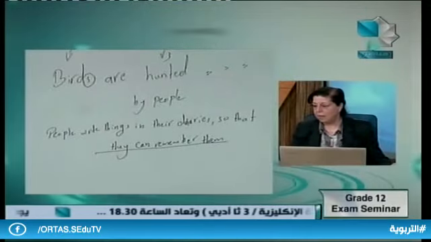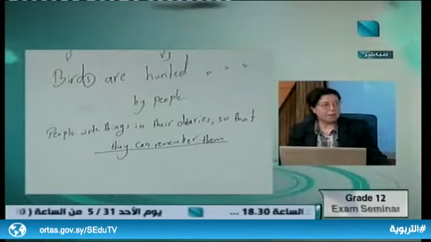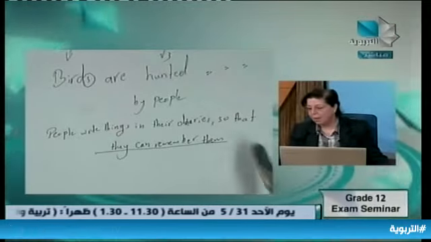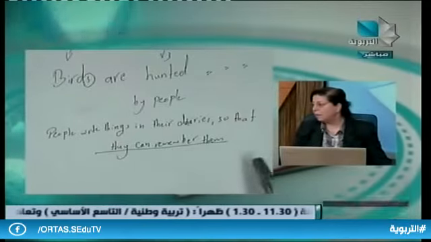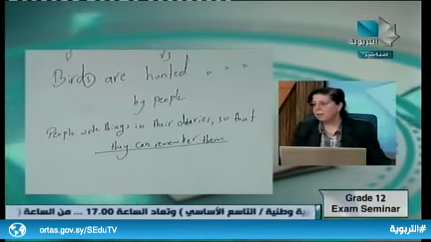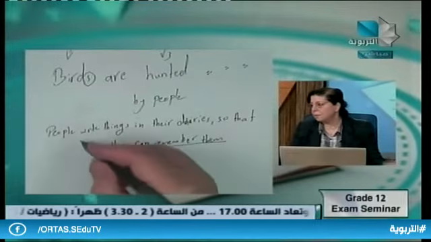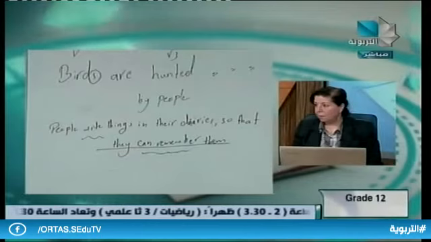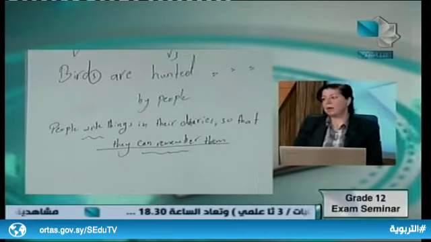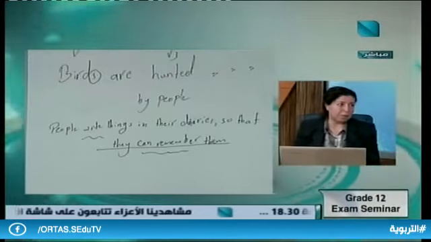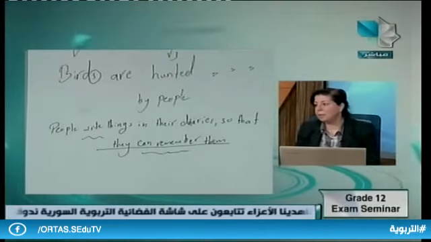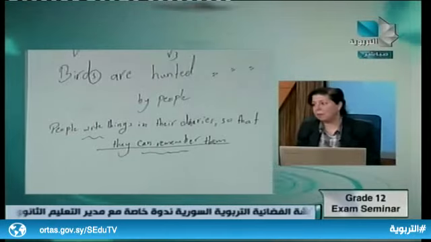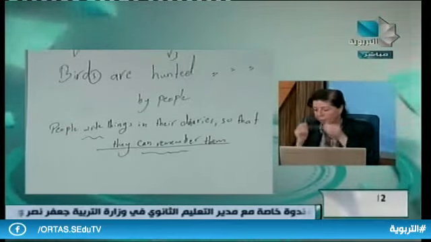So people write things in their diaries. Now, why do people write things in their diaries? So that they can remember. Look at the verb: the tense of the verb is simple present. And here he continues also using the present. He started the sentence with a subject related to people, and it is convenient to use "they," all right? And use the present tense: they can remember them.